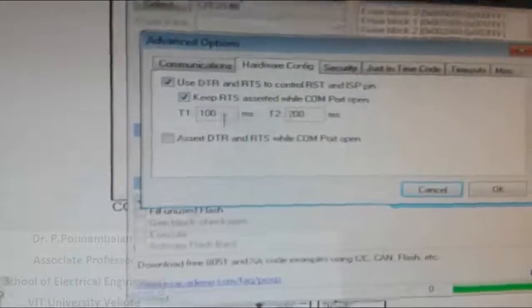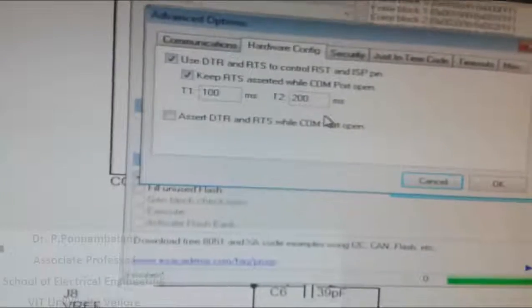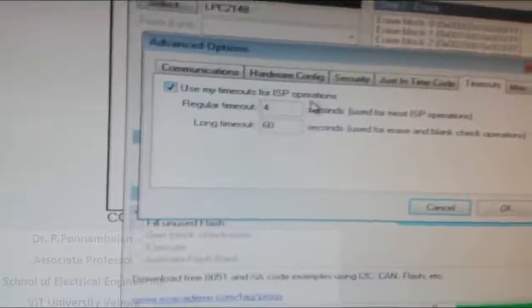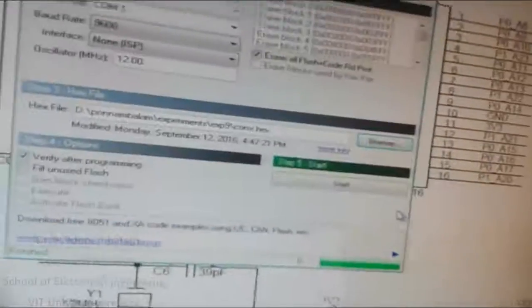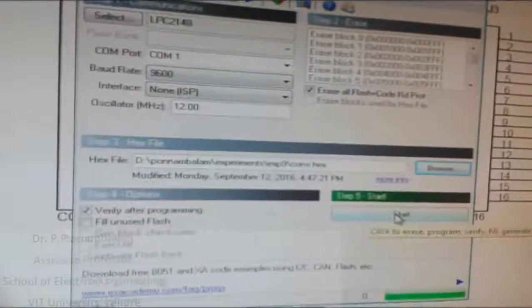T1 and T2 should be 100 and 200 milliseconds respectively. Then in timeouts, click use my timeout for ISP operations and click OK. Now browse; conv.hex is the file that I have to dump. I'll open it. Now I am dumping the code. I am connecting the RS-232, and now it has started and the program is getting dumped.